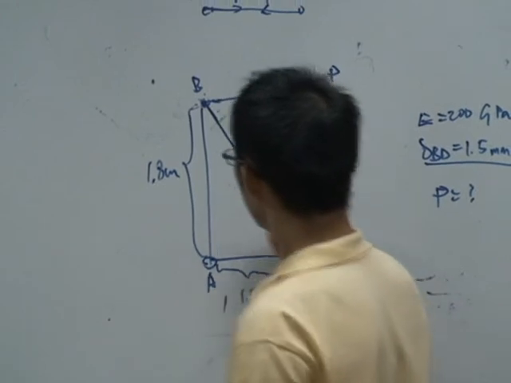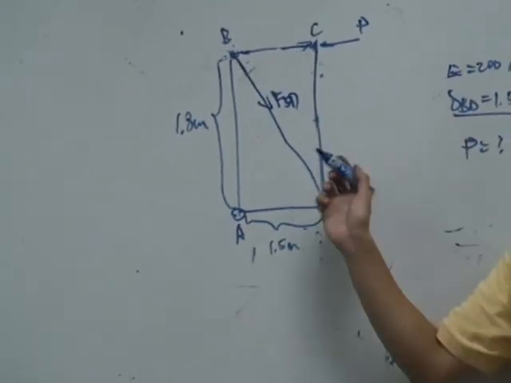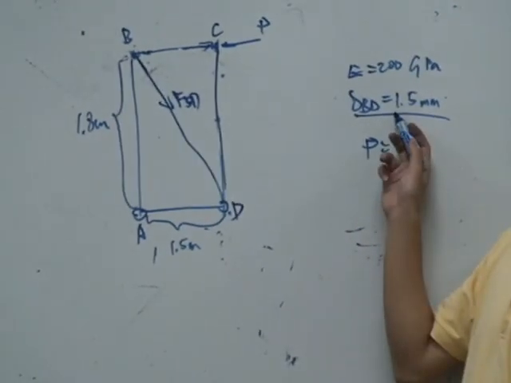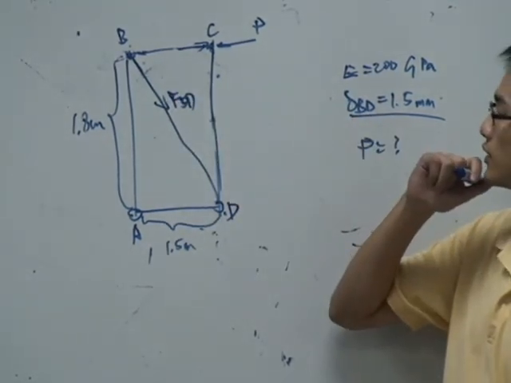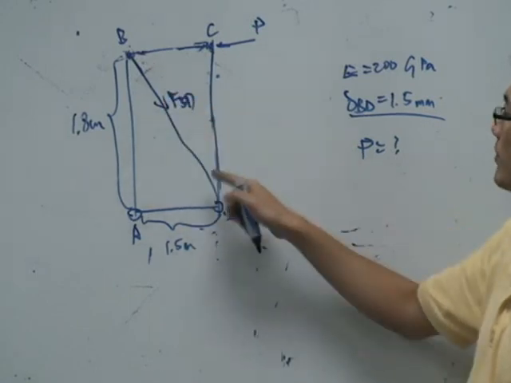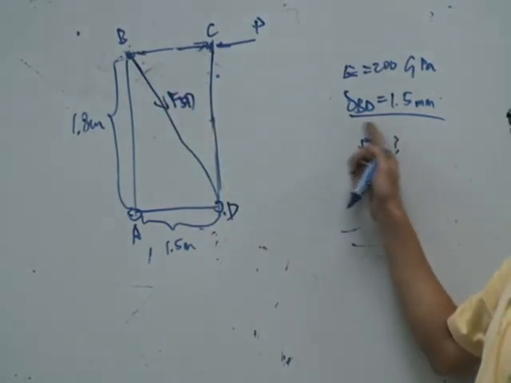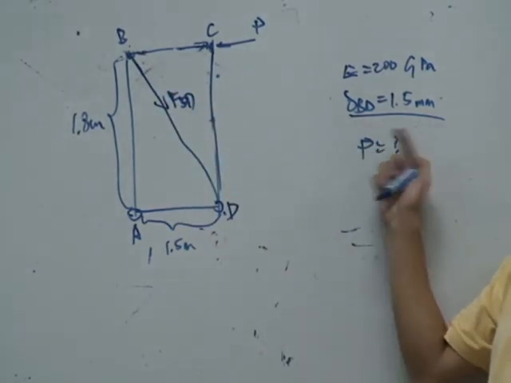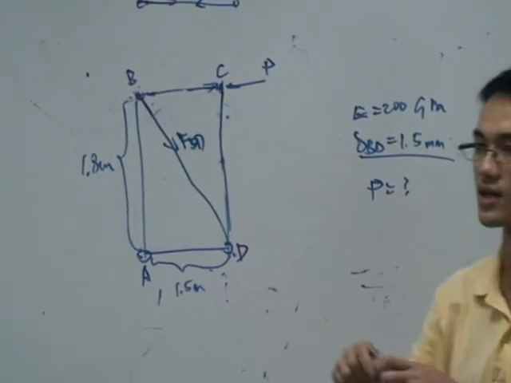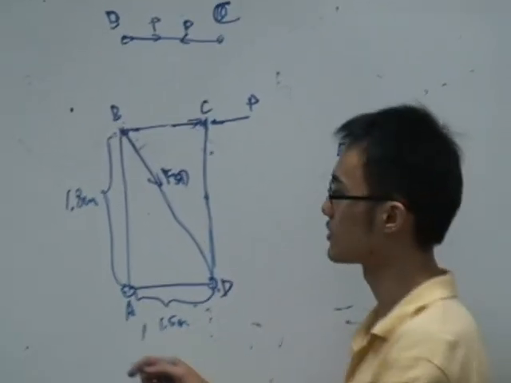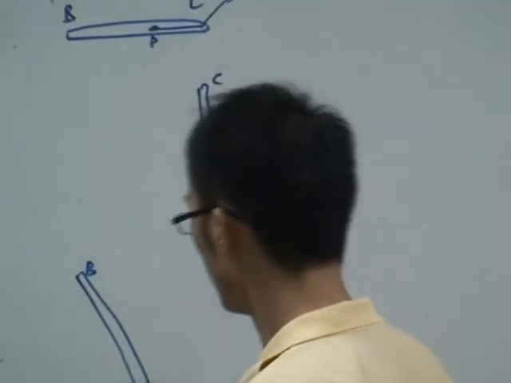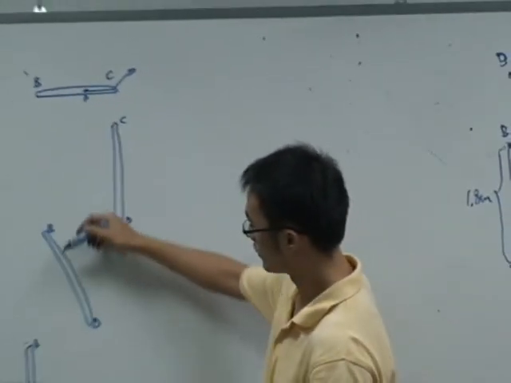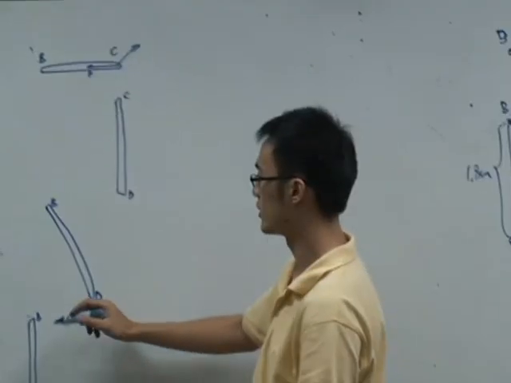For force BD, you found out, right, that because the deformation is positive, member BD is under tension. So member BD is under tension. So for the force which member BD offers to the rest of the members,